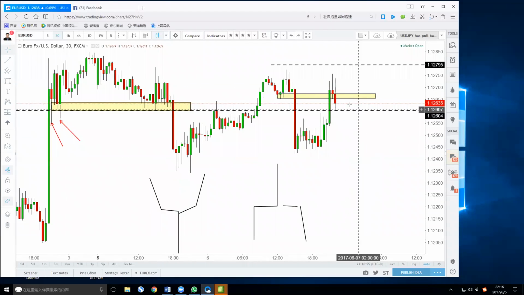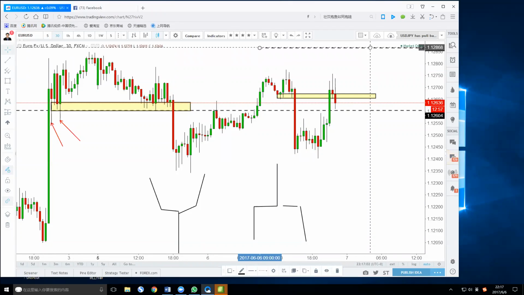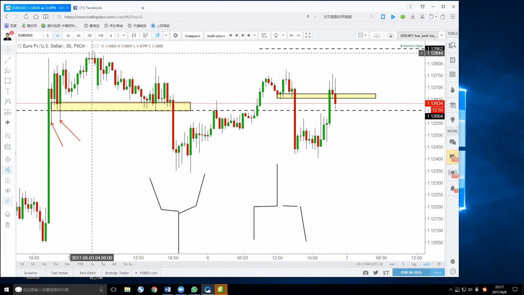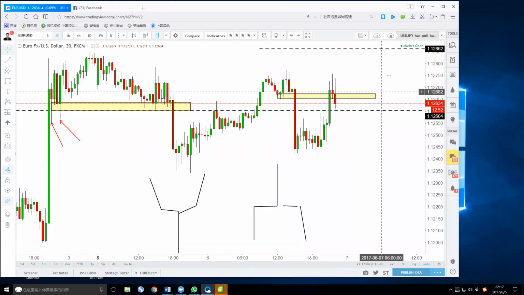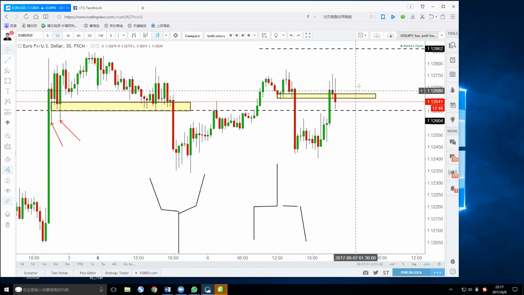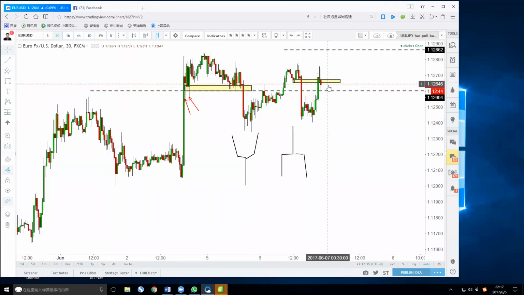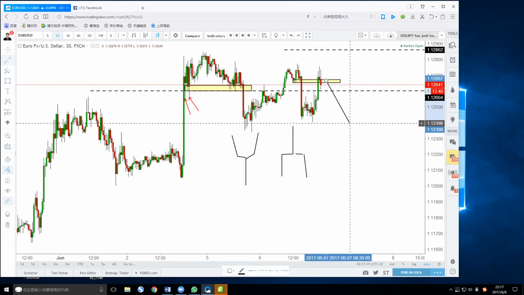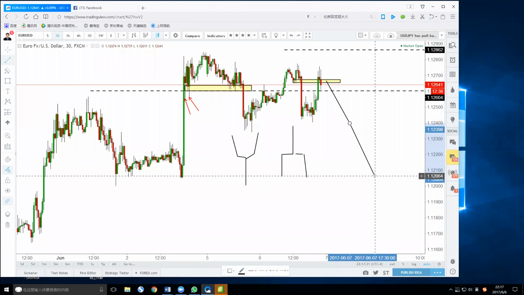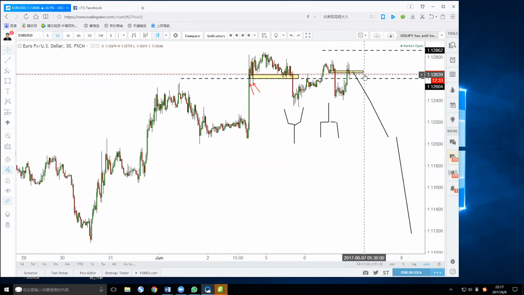So if you want to short euro, you can short now with a stop loss above 1.1279. Maybe I will put 1.1285, okay, to be above the previous high. So that is about 20 pips of risk, right? On the downside, you are looking for a target of 1.1240 first, then 1.1200, and then 1.1120.